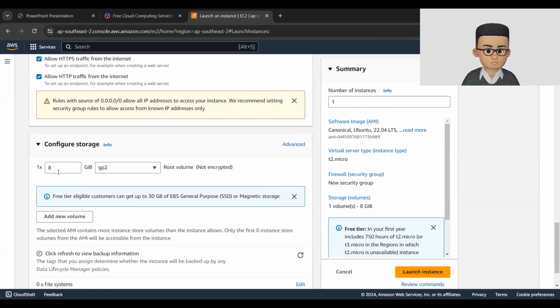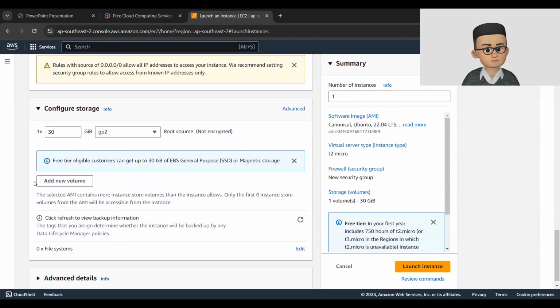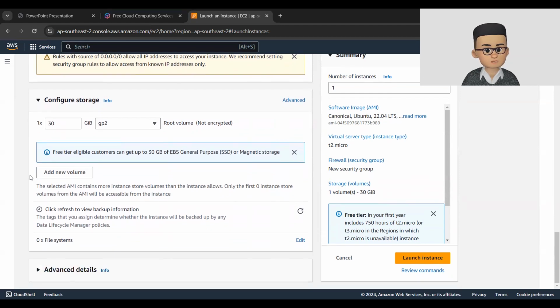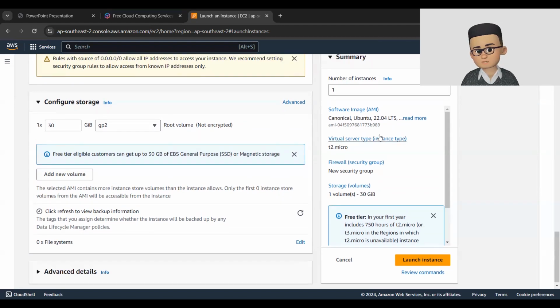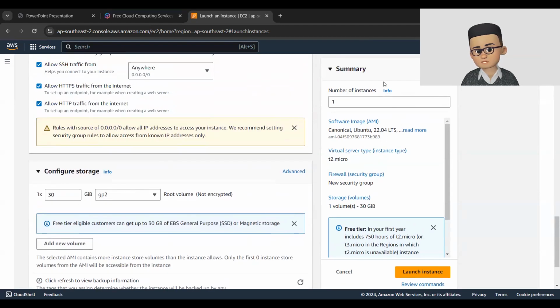Then finally, we will be configuring the storage by boosting the storage capacity up to 30 gigabytes, because up to 30 gigabytes is under the free tier eligibility. So we can increase it up to this point. And that's it. Once all configuration is set, you can check the summary from the summary tab over at the